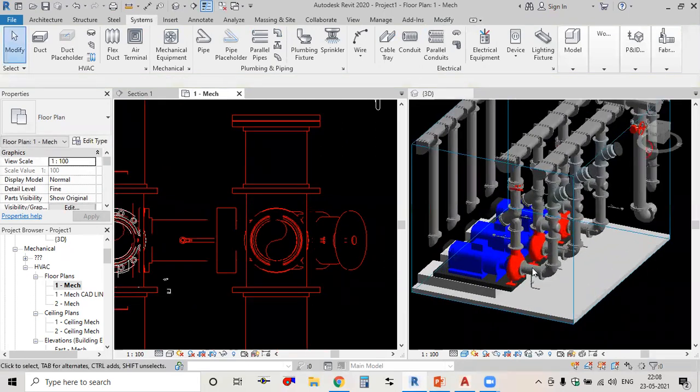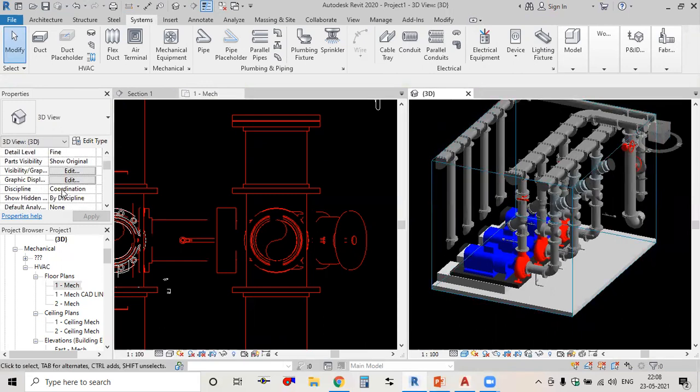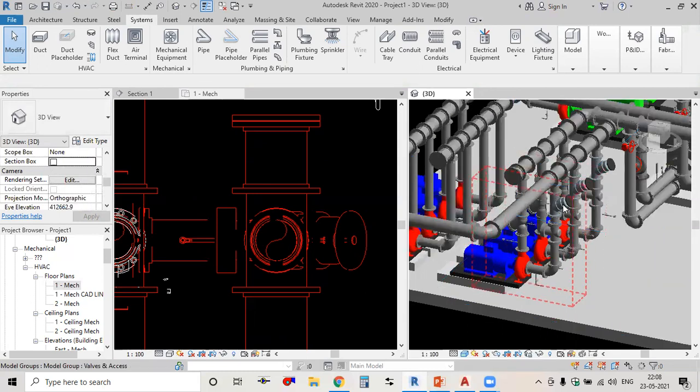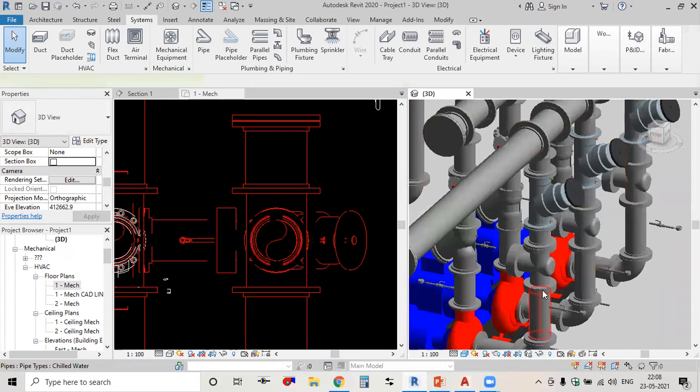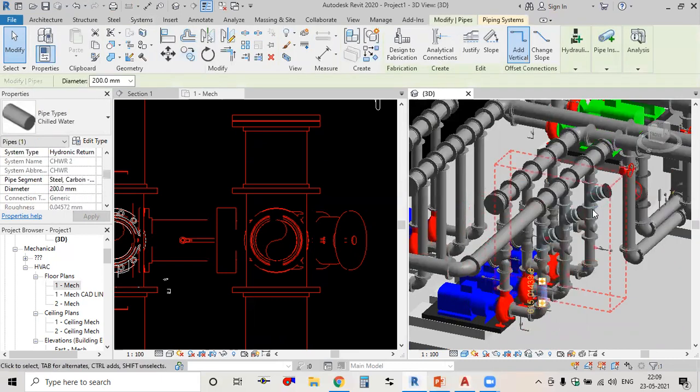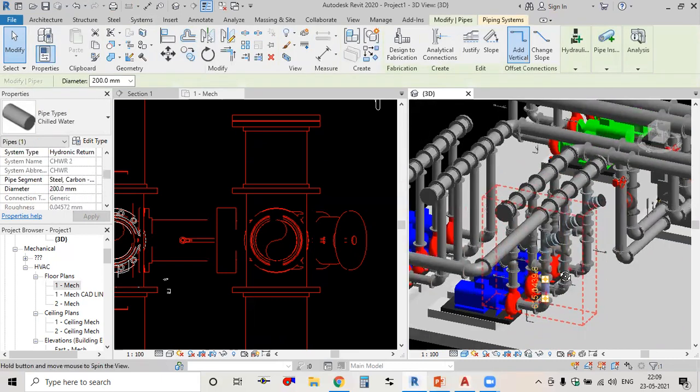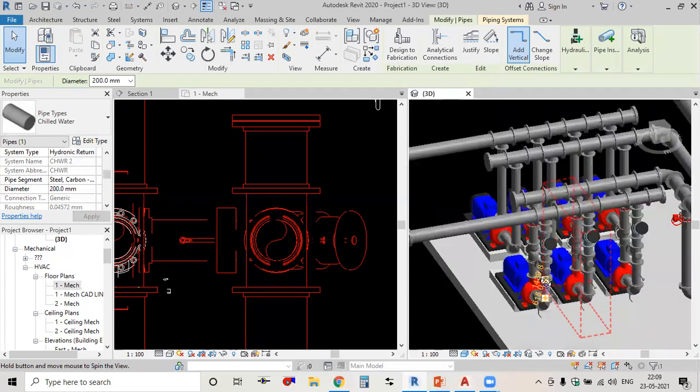Okay. And if you want to see the whole view, just go to this view, and here we have an option for section box. Uncheck this section box. Okay, now you can see all the fittings are placed on the rest of the pumps. So you have to place for one only.